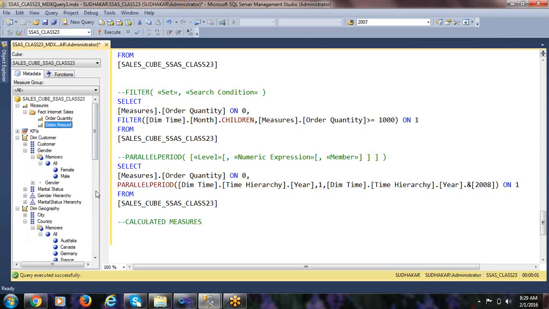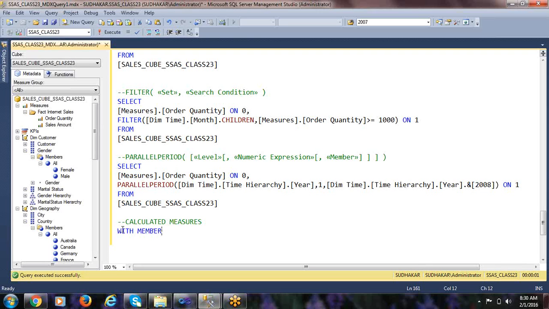Order quantity, sales amount, only 2 measures are there. So what if I want to create a new measure on the fly? Then we can write a statement. Let us say if you divide the sales amount by the order quantity, you will get a unit price, right? So let me create a unit price measure here on the fly, on a temporary basis,